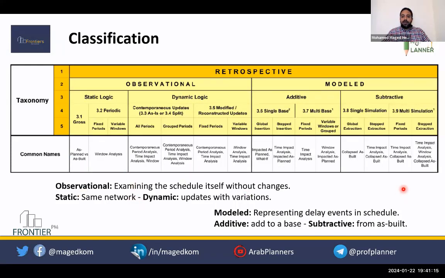You can find everything, like time impact analysis, in the observational and also in the modeled subtractive. In the market, as we also saw in the references we opened at the beginning of the lecture, there are many classifications, and it's not clear in all references how to implement these approaches.